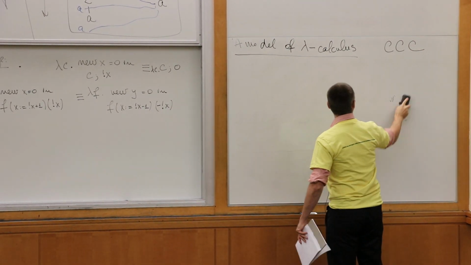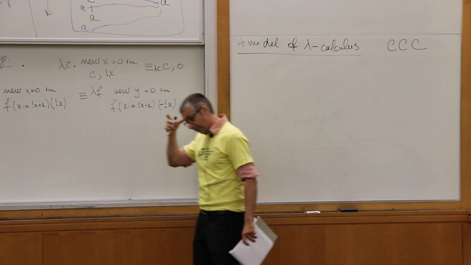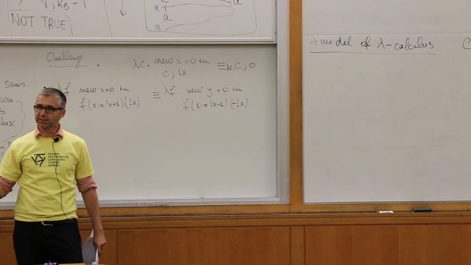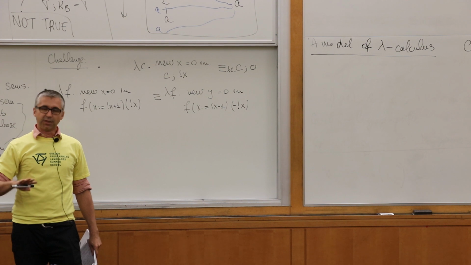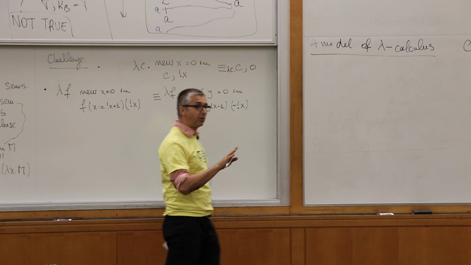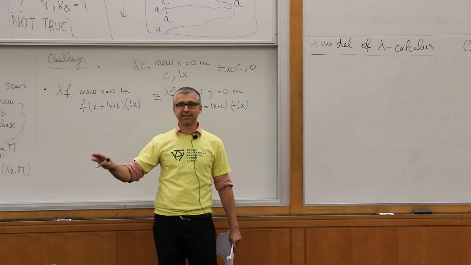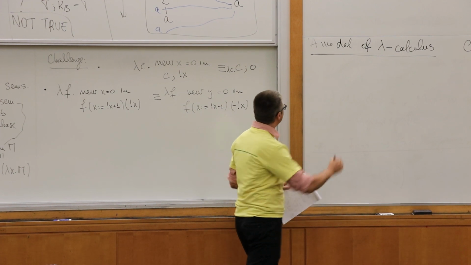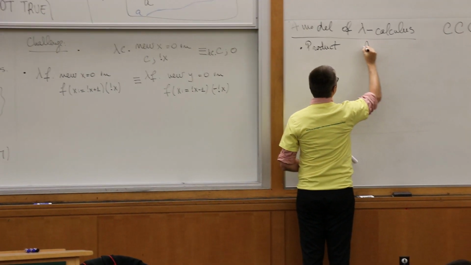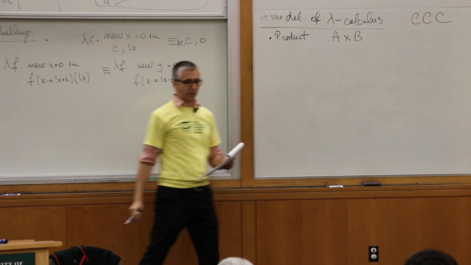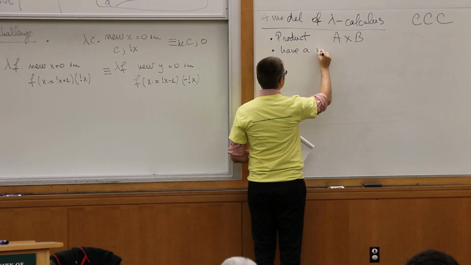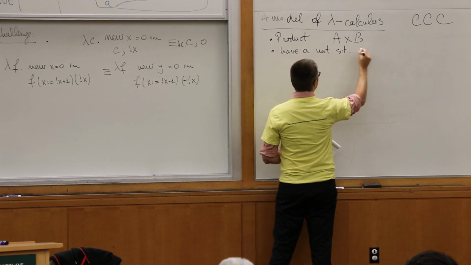And as I said, leaving the fanciful names to the side, it just means that it satisfies certain equations, which I'm not going to give, but those equations guarantee that you have an interpretation of the lambda calculus, and moreover, it tells you what that interpretation is. We need to have products, and we do. We define the product arena. The product must have a unit such that